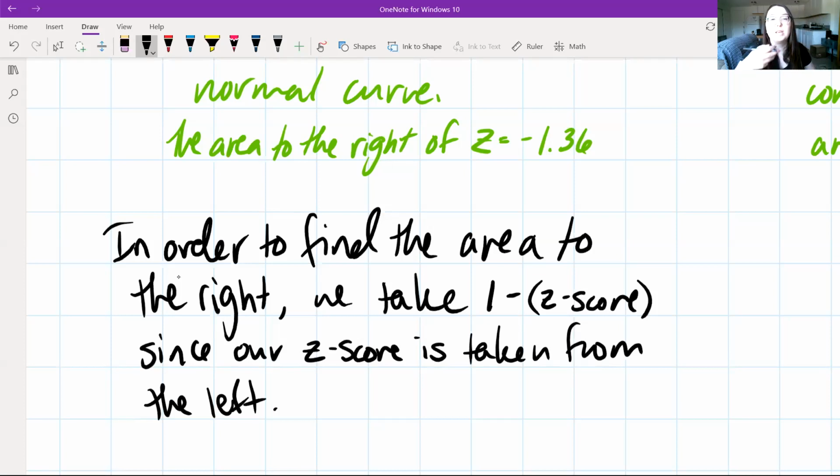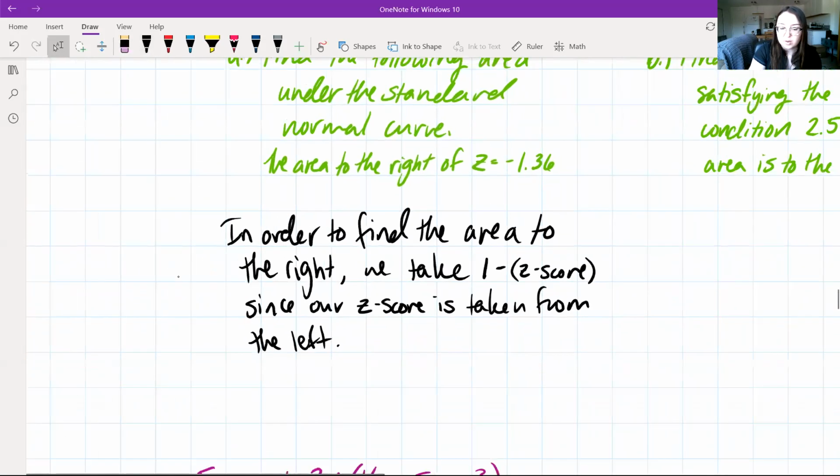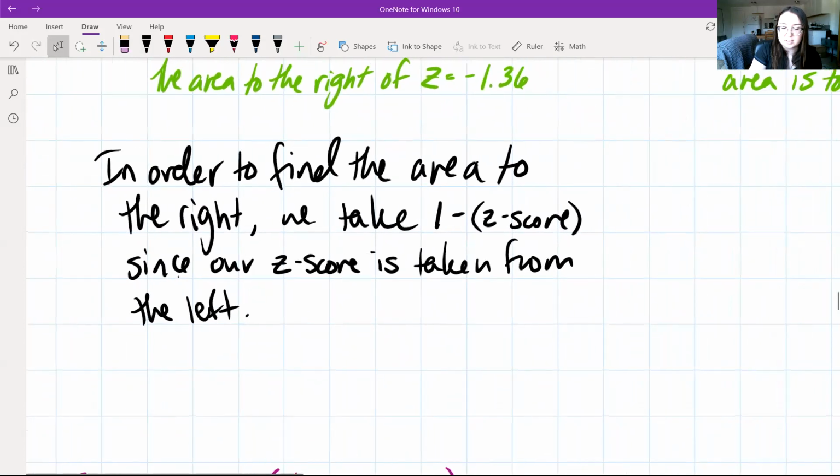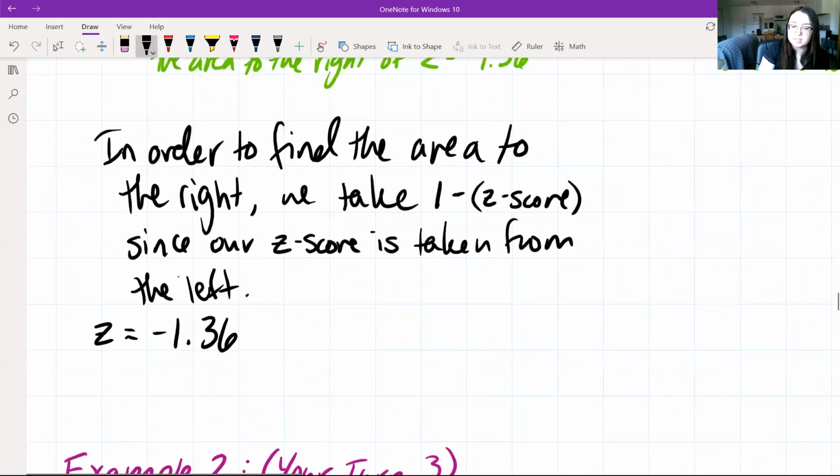And like we said in the very beginning, we know that the total area under our curve is always going to be 1. So if we find the area to the left of a z-score and take 1 minus that value, we're left with all the rest of the area to the right. So we want the area to the right of the z-score. We say z is equal to negative 1.36